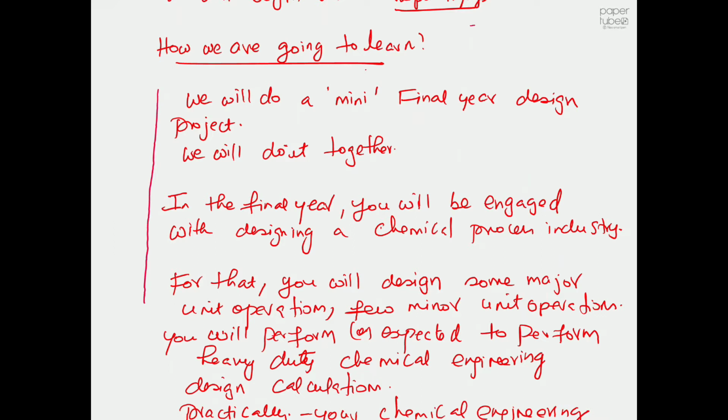And I selected manufacturing of vinyl chloride monomer. So I'm going to show how to get this product. We will see what chemical reactions are involved and what reactants are involved, how they react, what products we get, at what conditions we get this product, what the different unit